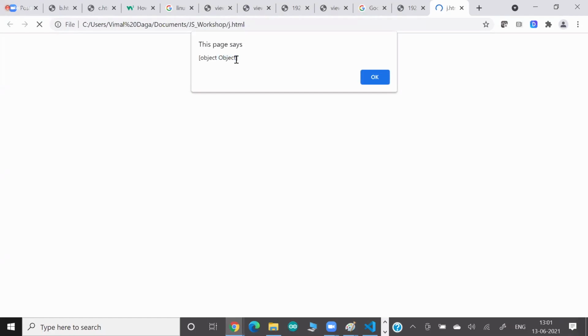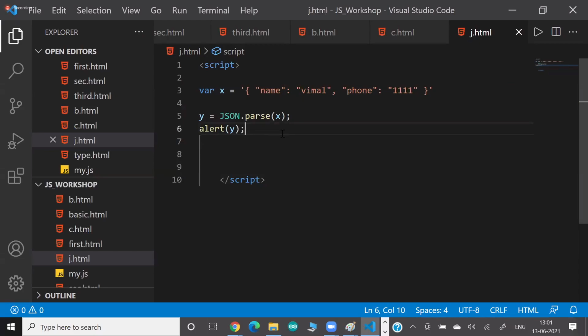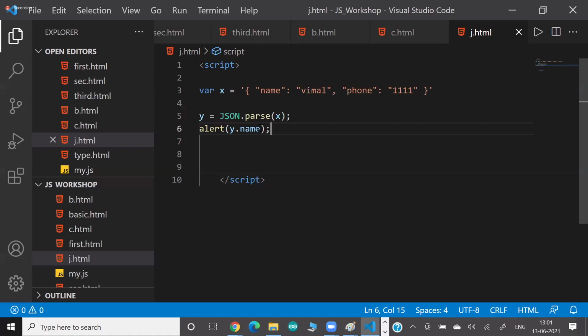It is normally called an object. It is a list. Why a list? Because we have multiple values. But here my plan is to only print the name, or maybe only the phone number. So I can say y dot name, just go and print only the name. Now if I refresh this page, you can see it only retrieved the name. Or if I want to print phone,